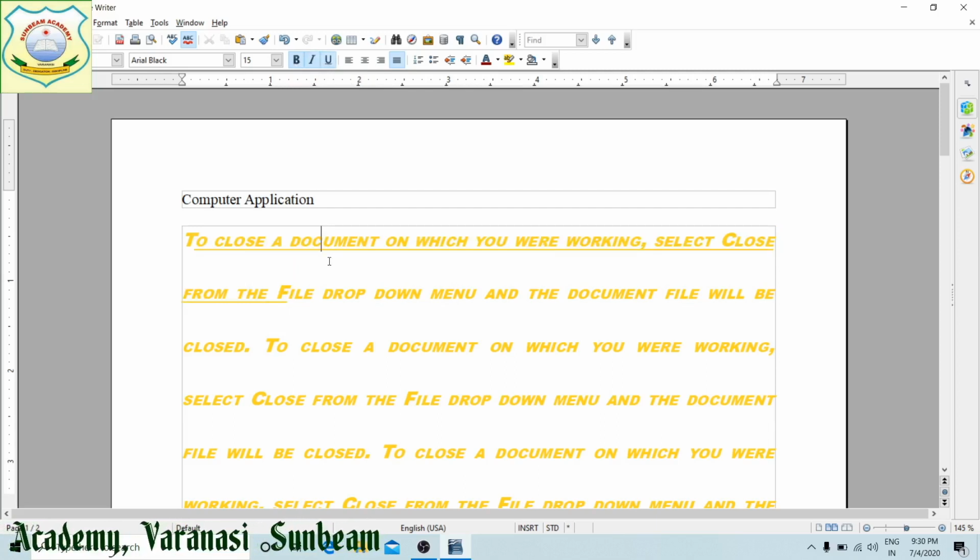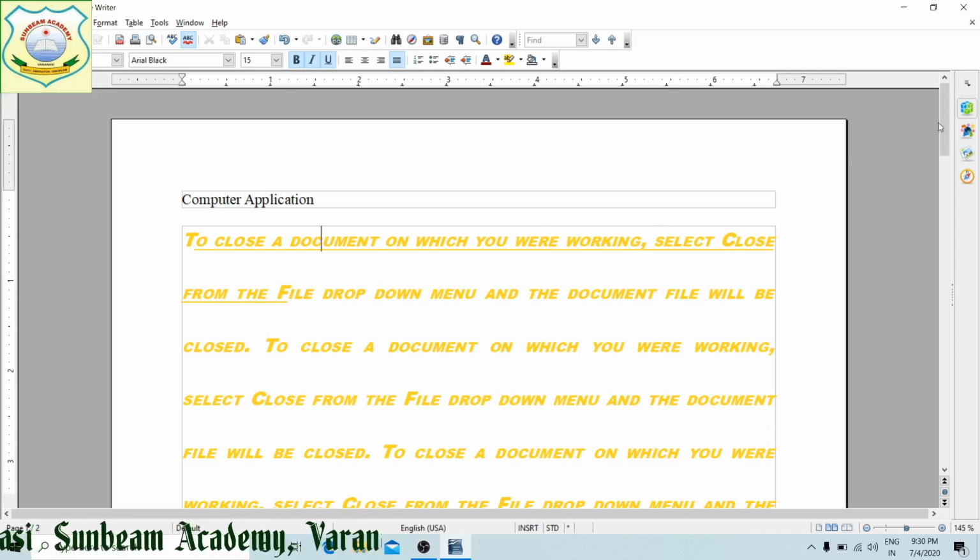This is the formatting toolbar. Next to it are the rulers, horizontal and vertical rulers. This shows the size of the page on your screen. Beyond this, you cannot write anything.